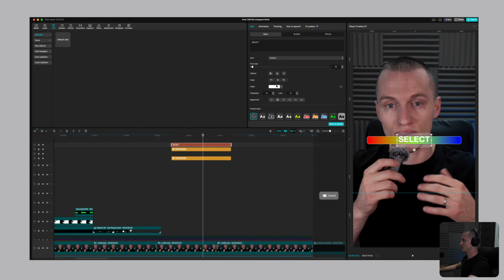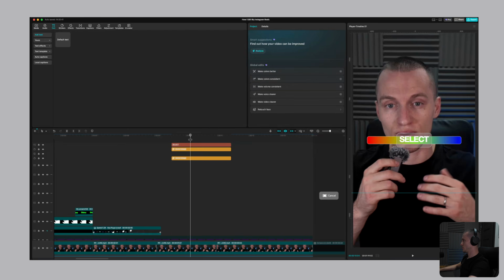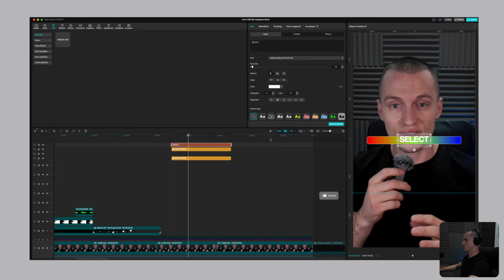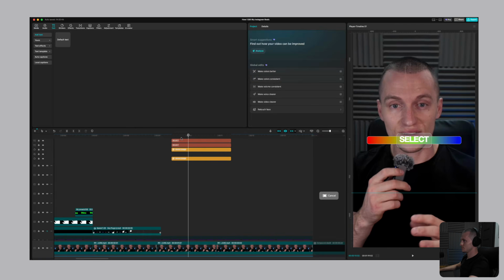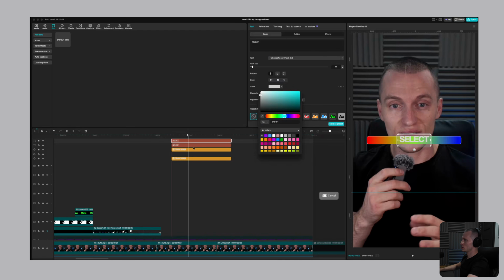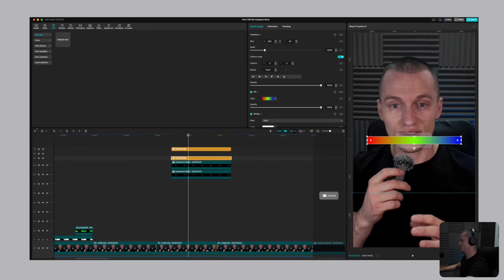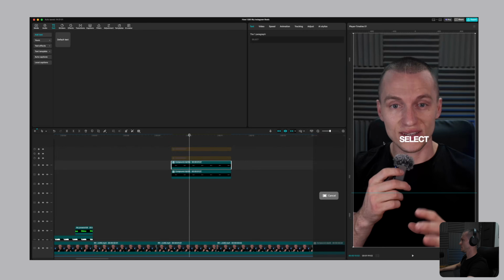So let's go with Helvetica and I decrease the character level and I put the bold selection. I'm gonna create a gradient honestly. So I just duplicate this layer and for this one I just go with grayish and now I select compound clip out of both of these text layers and I also let me just disable these stickers